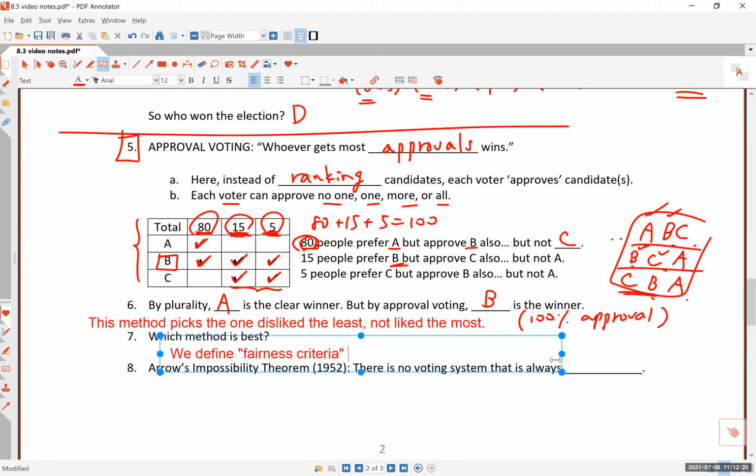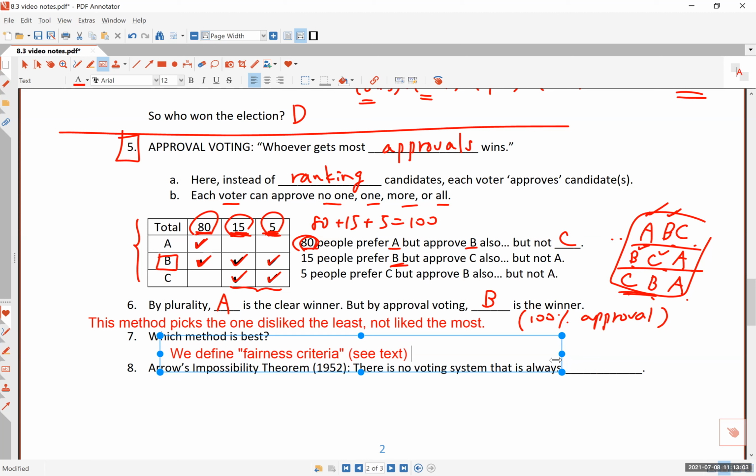After we decide on some fairness criteria, and for these you must see the textbook because we don't have the time or the resources to explain all of these in detail, right? But for instance, you say, well, if a majority of the people vote for one candidate to be the first place candidate, that person should win, right? And that sounds fair. And if that fairness criterion is violated, you would think that the method is not fair,